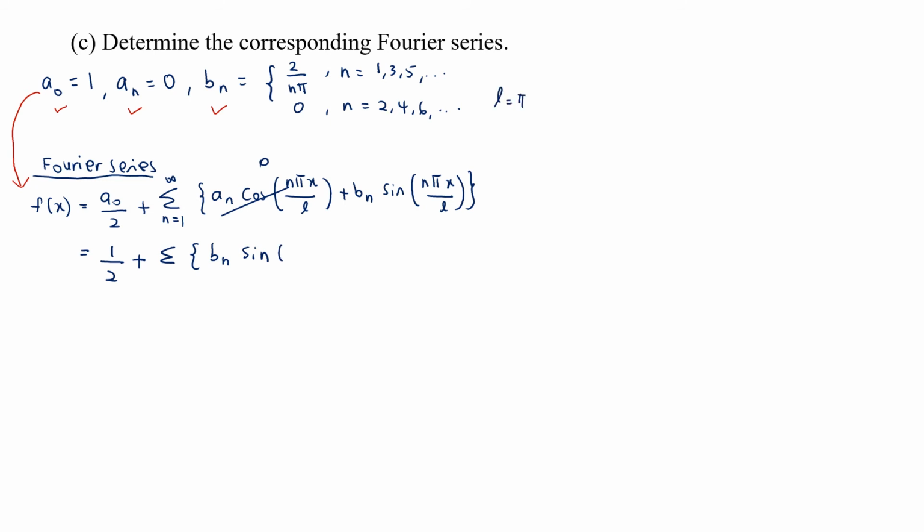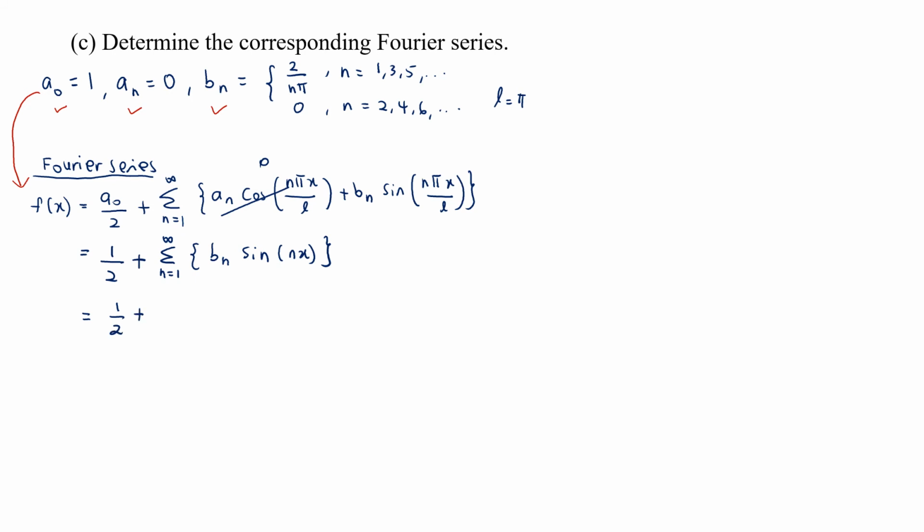So this will be sine of nx, where n is from 1 up until infinity. So the next step is you expand this summation, where you get 1 over 2 plus,